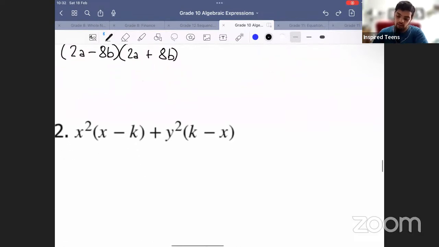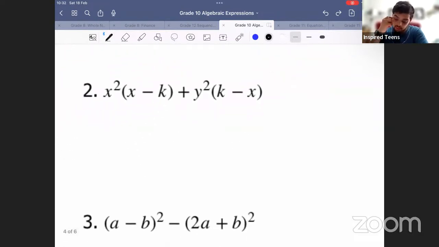Okay, let's look at the second example quickly. So there's no DOTS here initially. There are two terms, but not perfect squares. So we're going to try and do some other type of factorization. We will notice that we have common brackets. However,